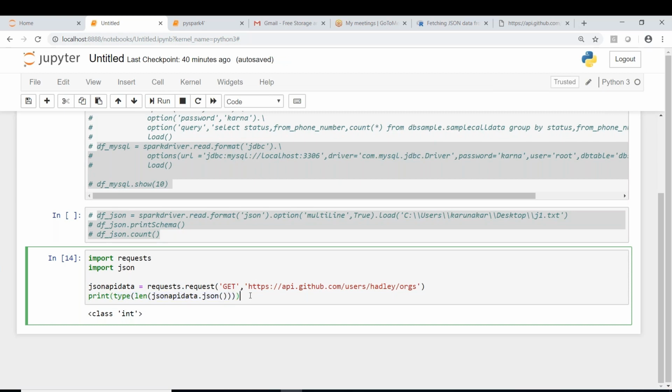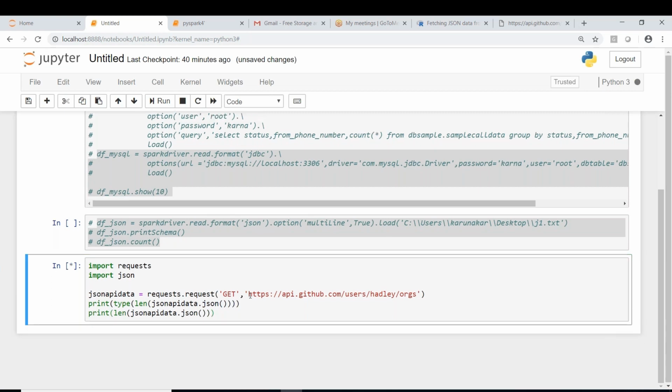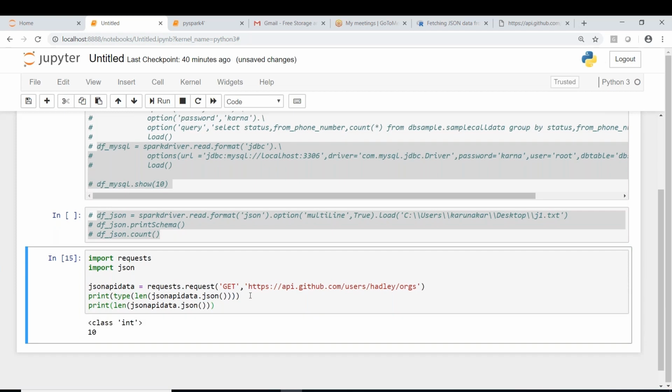It is an integer, but what is the value of it? Let's check it directly by applying length. Is the number of braces correct? Fine. Class of int, and now it is 10. So it is reading from that API perfectly.